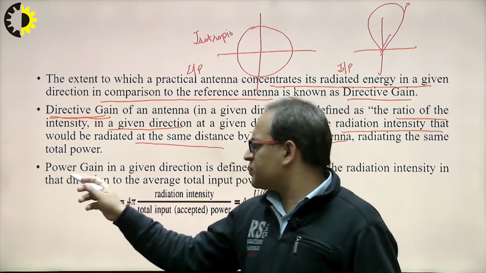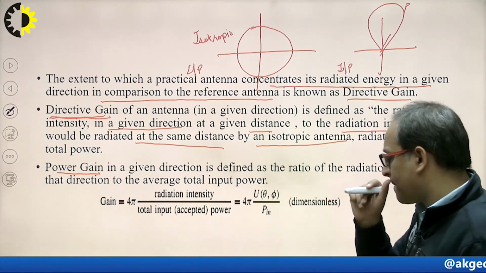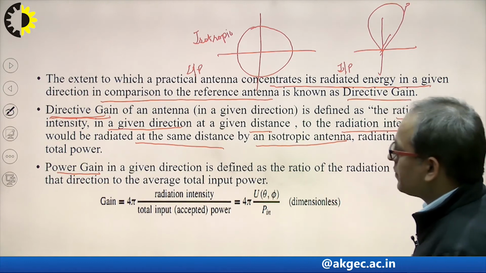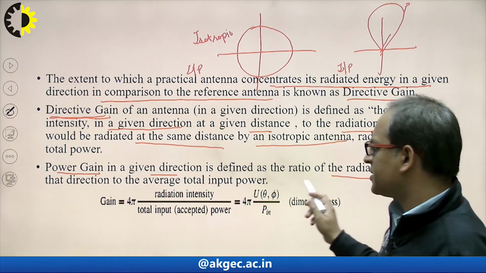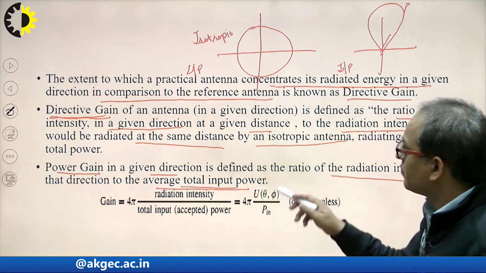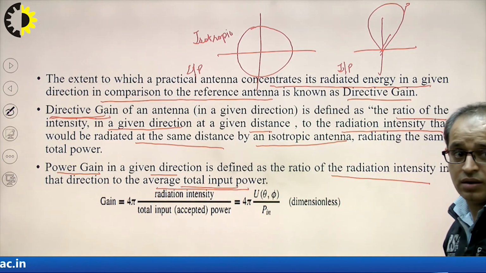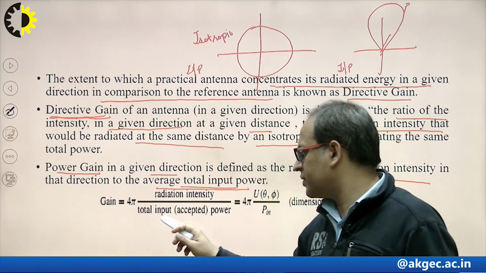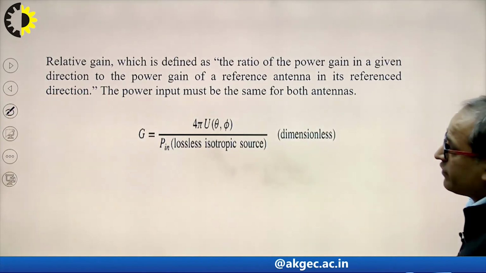In this gain we'll just talk about the power in a particular direction, clear. So power gain in a given direction is defined as the ratio of the radiation intensity in a given direction to the average total power, means here divided by what? Total input power. So gain will be what? 4 pi multiplied by radiation intensity divided by the total input power provided to the antenna,